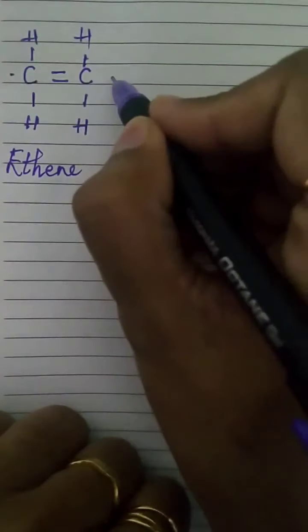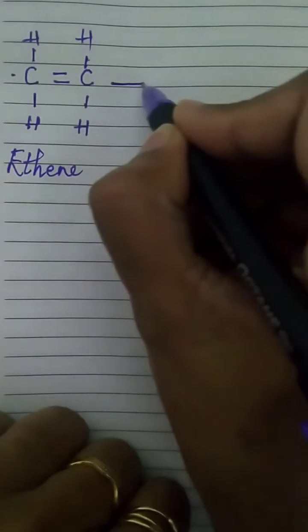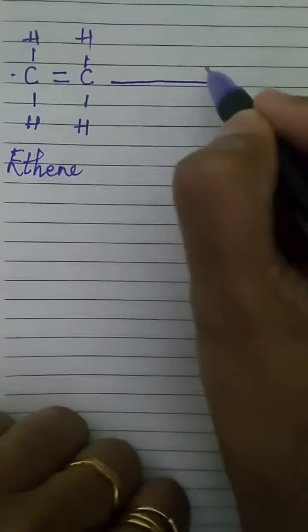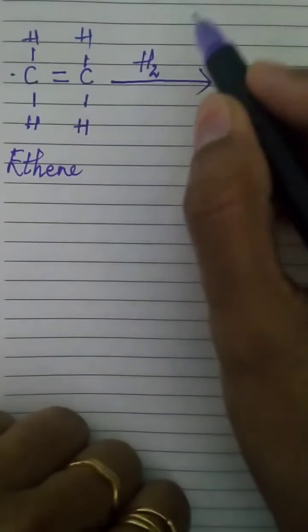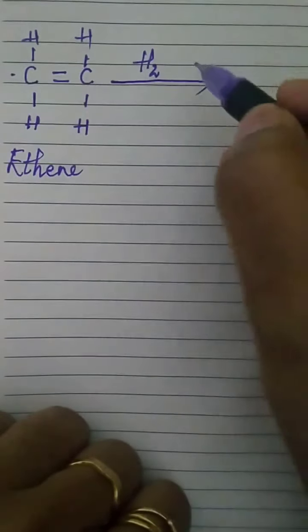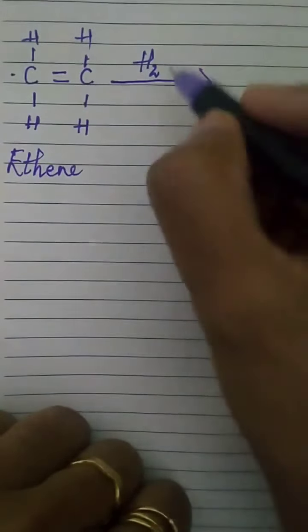Ethene will be converted to a carbon compound with a single bond. Unsaturated, we will make it saturated. Saturated means having a single bond. How will that be possible? We will make it react with hydrogen, and we need more hydrogen, no? So hydrogen, and we need a catalyst for this, and that is platinum or nickel. Platinum or nickel will help the reaction take place.